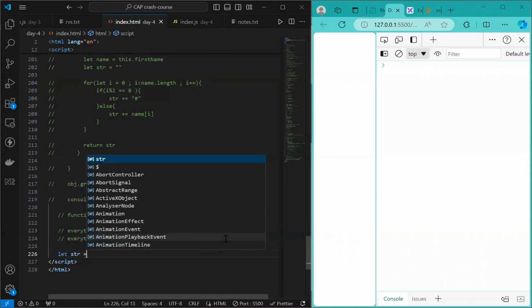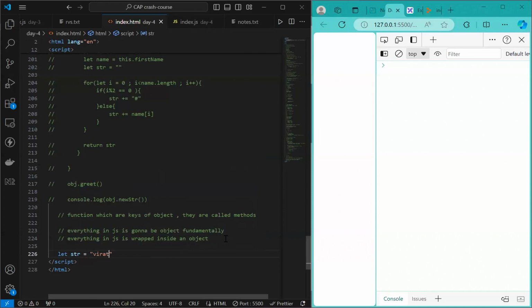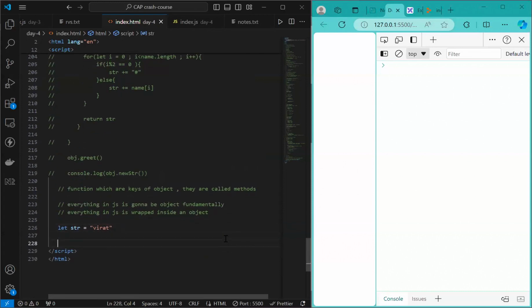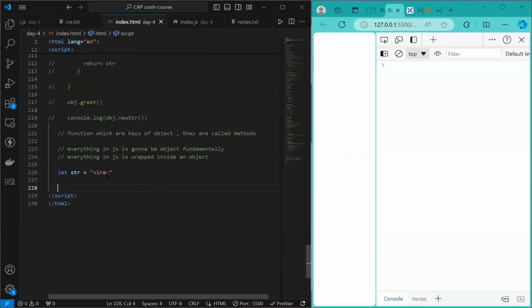Let's say I have a string, right? And this thing has Virat. Now what I have to do is I have to capitalize each and every string का element, right? So basically finally मुझे output क्या चाहिए? I wanted something like this, right? So for now